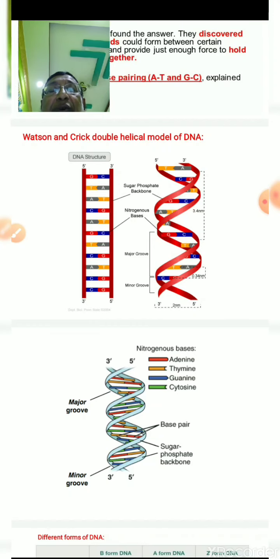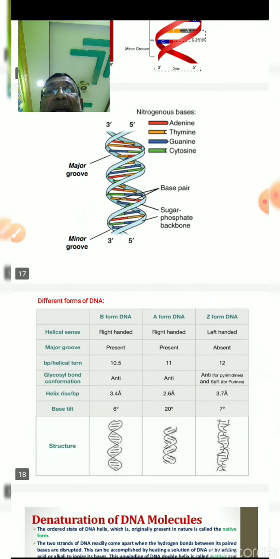Okay. So the diameter of the two strands is about 20 angstroms or 2 nanometers, which is almost the same thing. In between one turn of the DNA, there are 10 nitrogenous bases, and the difference between the two steps is 3.4 nanometers or angstroms. Okay, 3.4 angstroms. In my next slide I have also given the helical structure of the DNA.